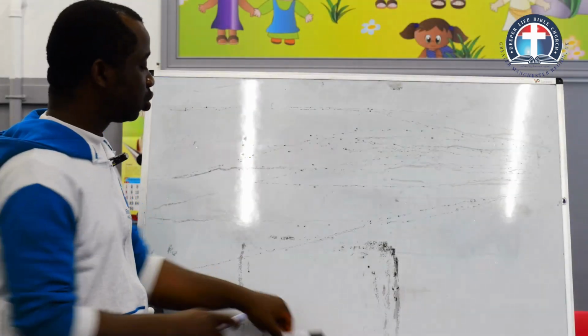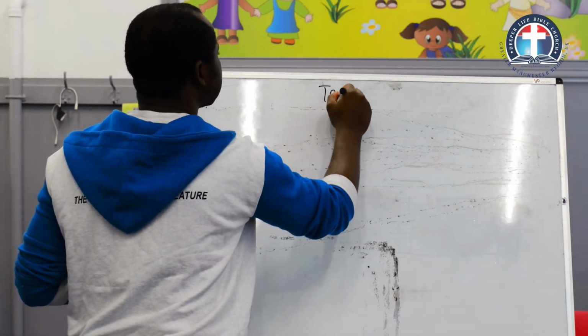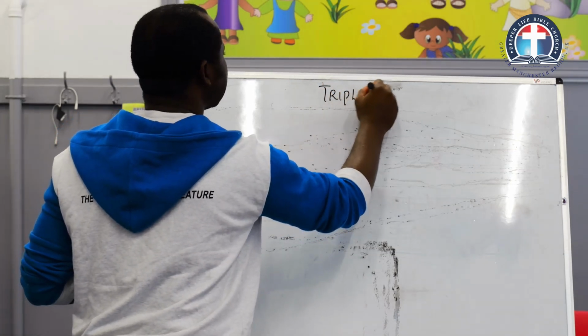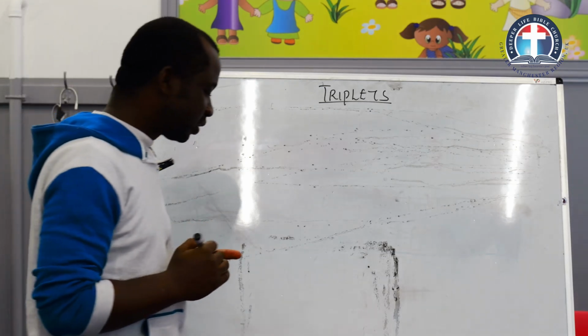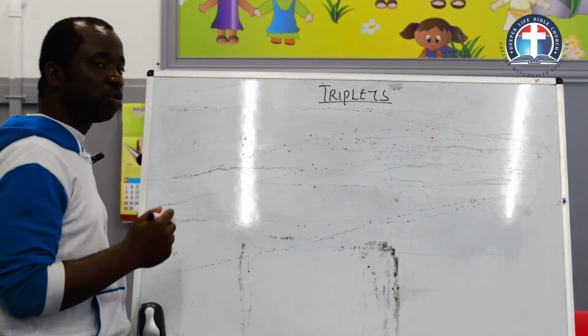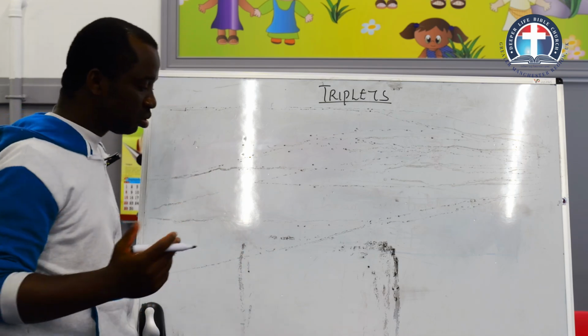Next one now, we are going to triplets. Triplets. So a triplet is simply, like you know, a group of 3 notes performed in a time of 2, or so